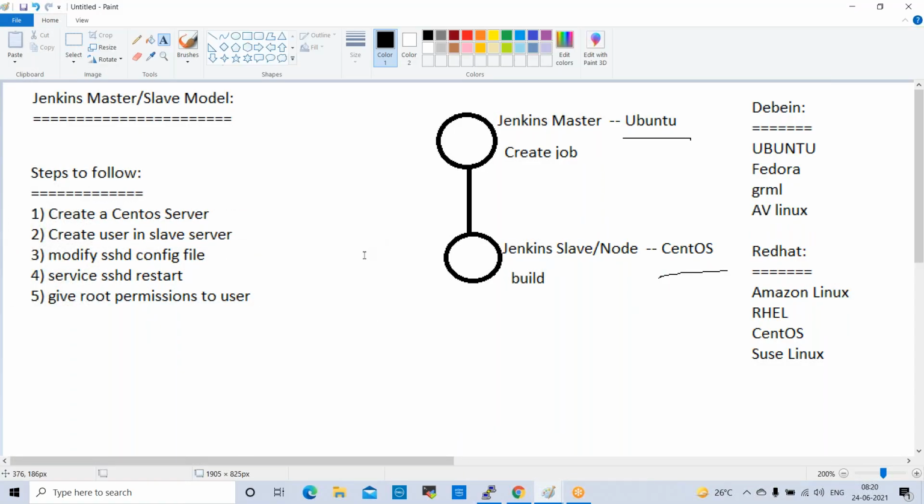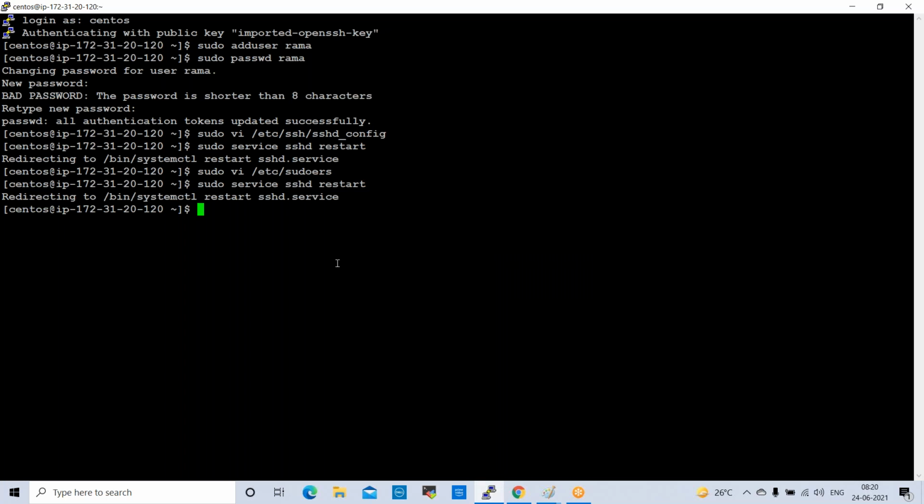Next, once we configure the server and add the user, the next step is we need to integrate the slave machine with the Jenkins master. Prior to that, first we need to install Java on the slave server, because on the master server we also installed Java, right? The slave also requires Java. Without Java, Jenkins will not work, even for a Jenkins slave or master. So Java is needed here. Okay. Fine. Now we can install Java.